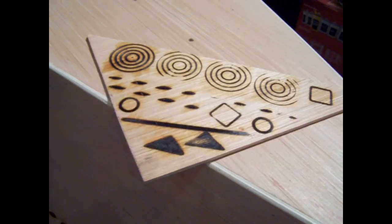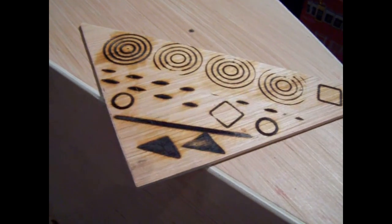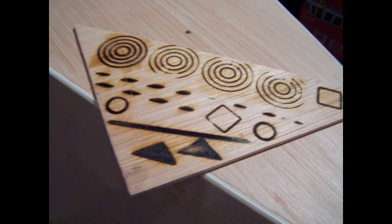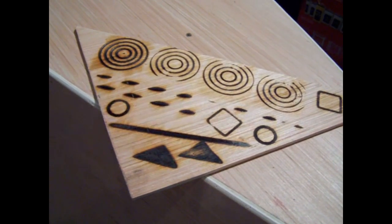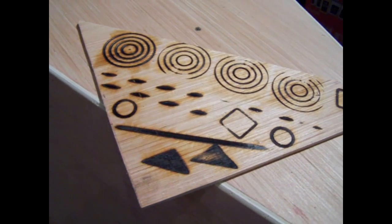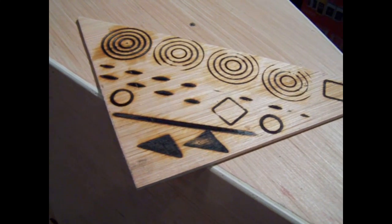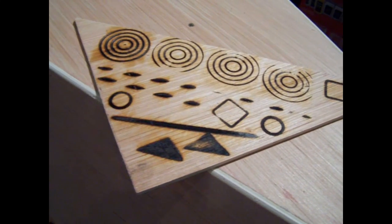Okay, before I fiberglass the bottom, I figured I was going to try a little wood burning, since this is a welding shop and I just started my wood shop here. The circly one is great off a little mini fan. The little dash lines is actually a drill bit I welded a rod to. And then the other ones are just various shapes, lines, triangles, squares,